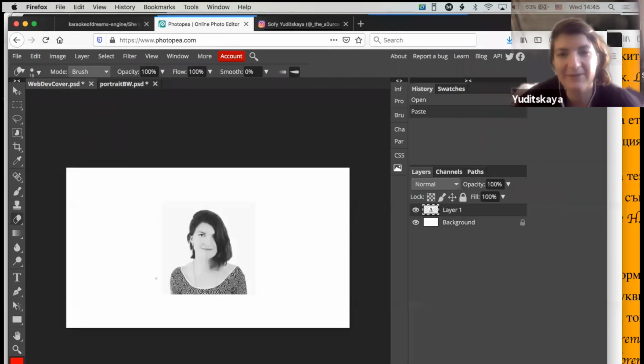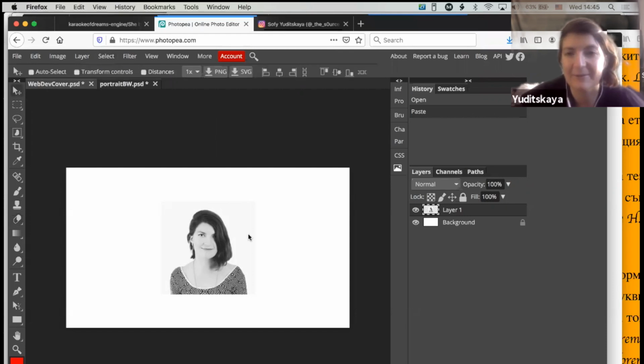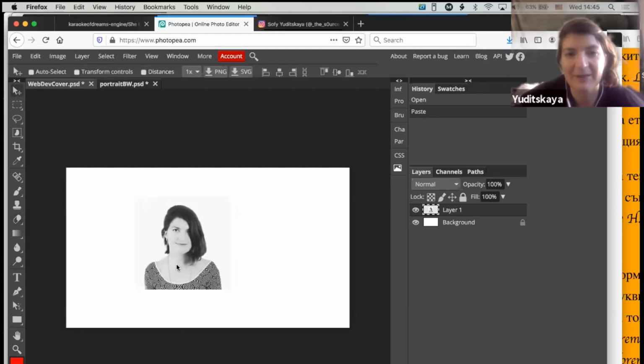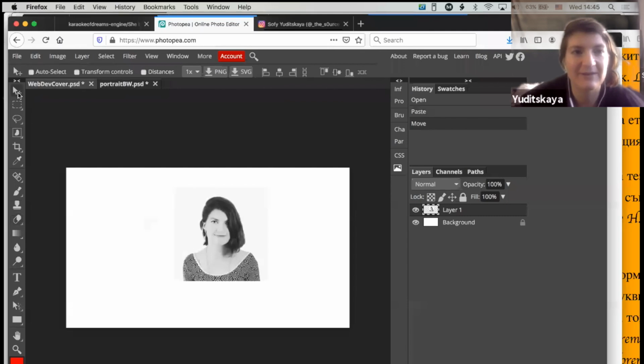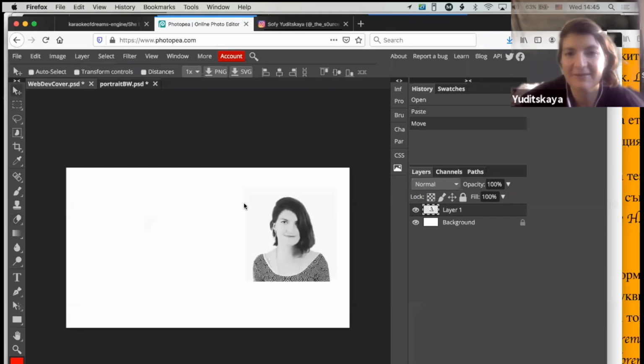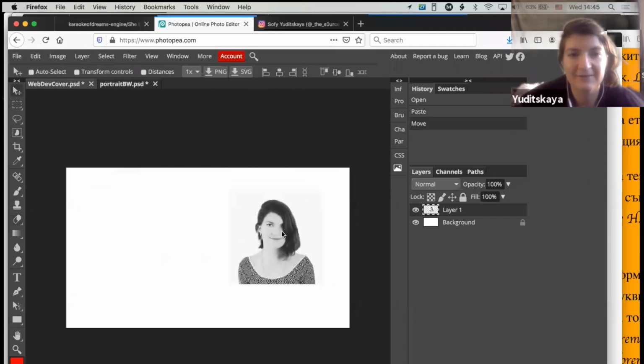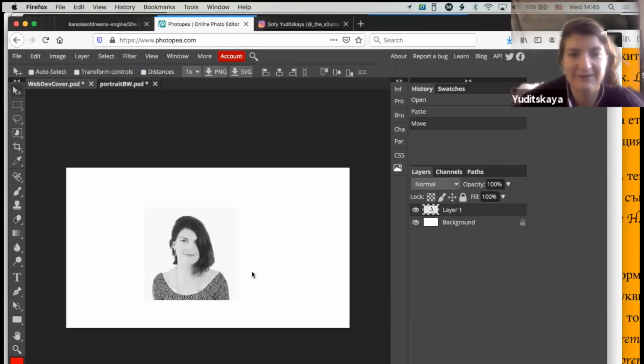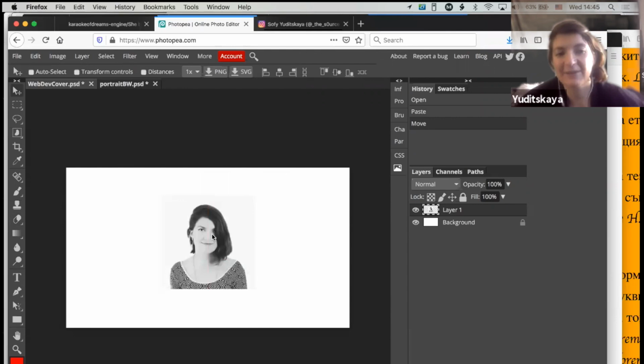Yes, I hit Command V, and now there is an image of me on the background, and I can move it around. So I hit this cursor, and I can drag it on the background. Great. I haven't used this software before, actually, but because it looks so much like Photoshop,